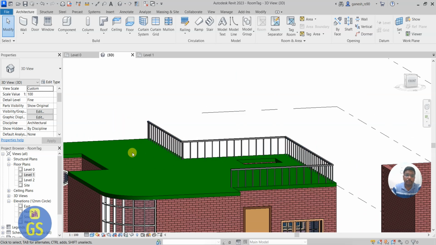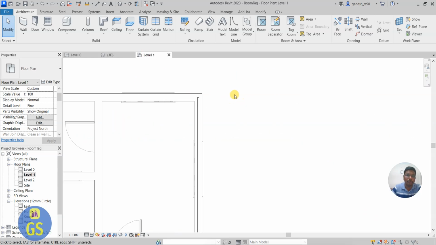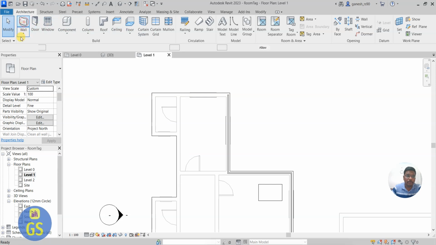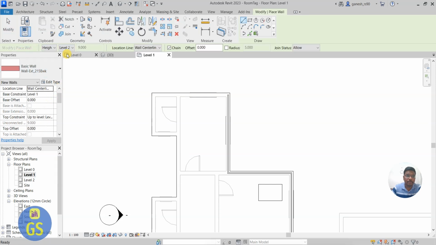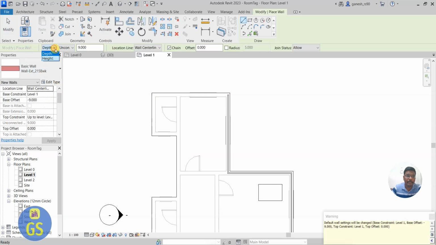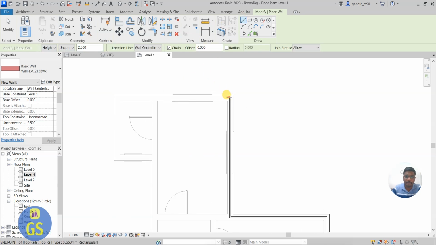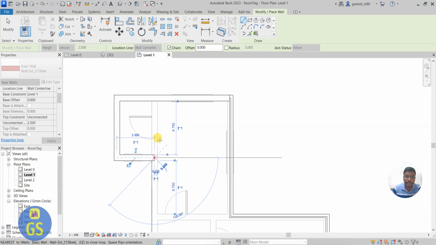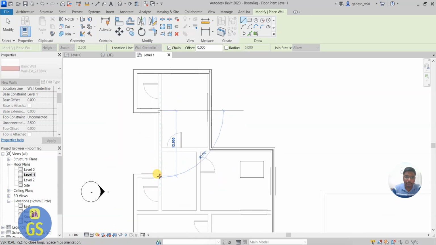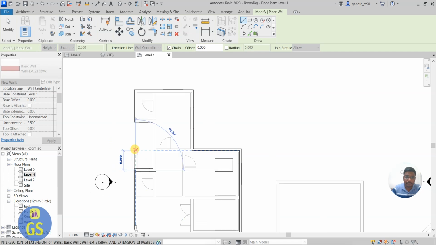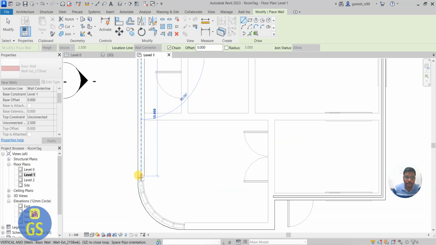The remaining portion you want to draw some wall, then you can go again. Now I'm going to take a normal wall, a brick wall. I'm also going for unconnected height, so I'm just going to take 2.5. So draw the wall from here. You can also pick line, alternatively you can draw with the pick line options. For this again you need to draw a curve,